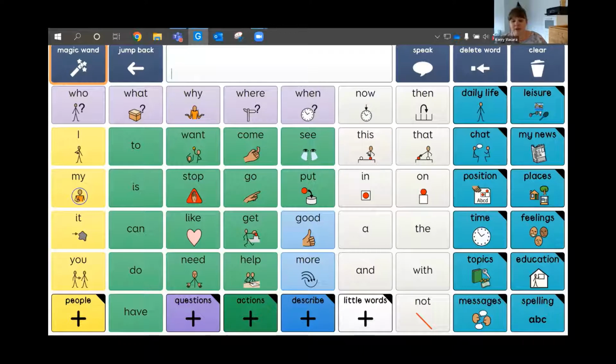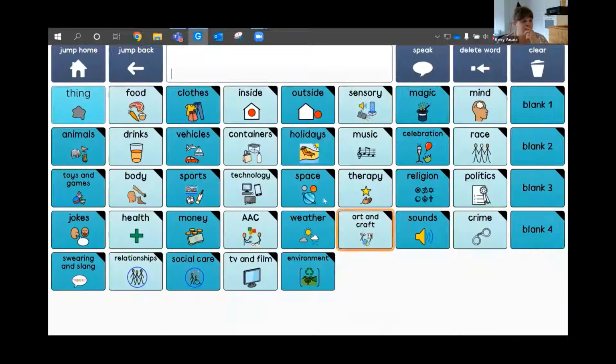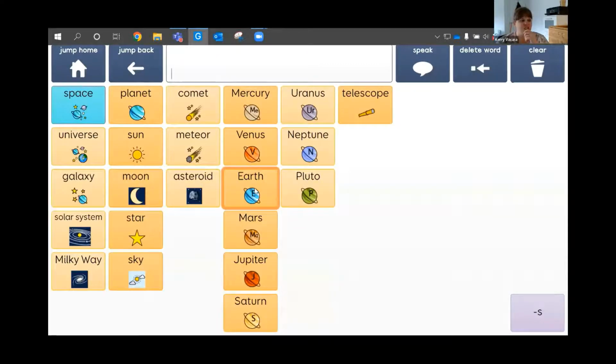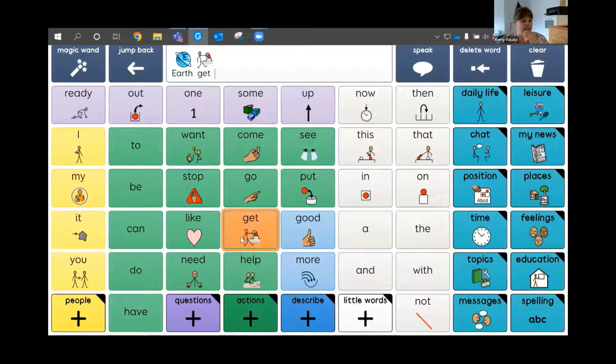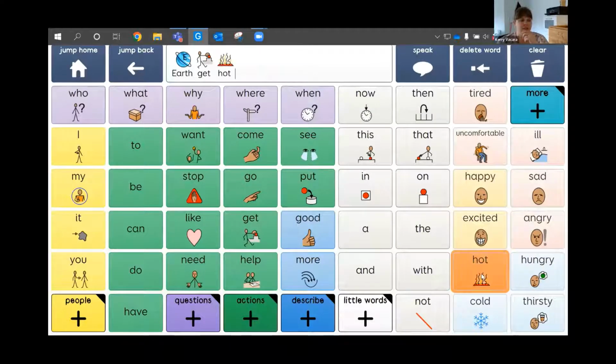So if, for example, I was going to think about global warming, but it's not a word that exists, it's not vocabulary that's in my grid set, I could go into topics and into space and select Earth. I'm going to jump home. I'm going to select Get. And then I'm going to pop into feelings and add Hot. So I've described global warming. I've been able to demonstrate that I understand what global warming is, but what I've not had to do is go and